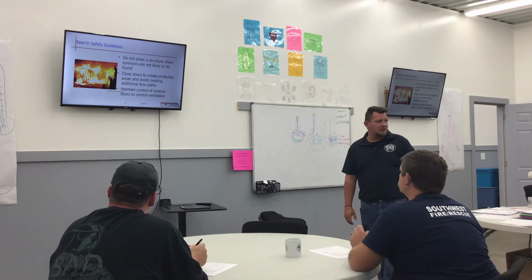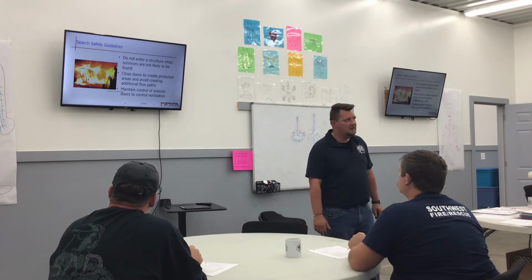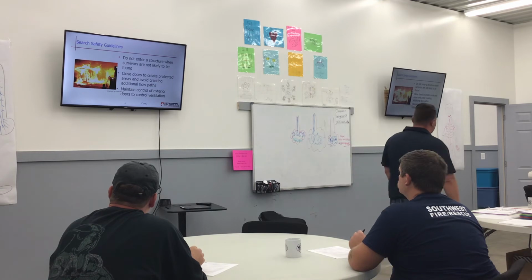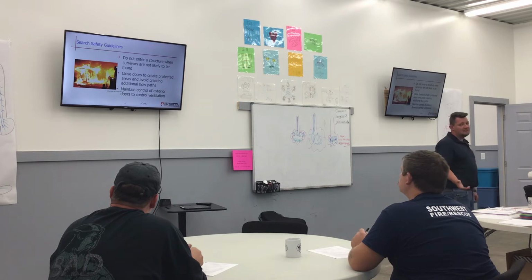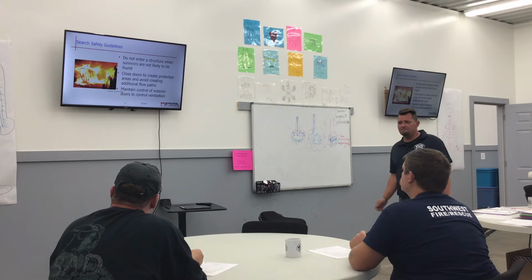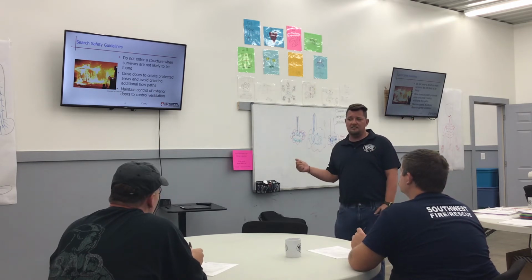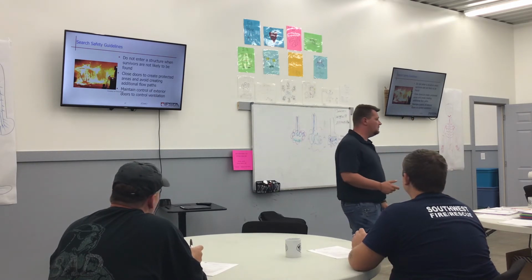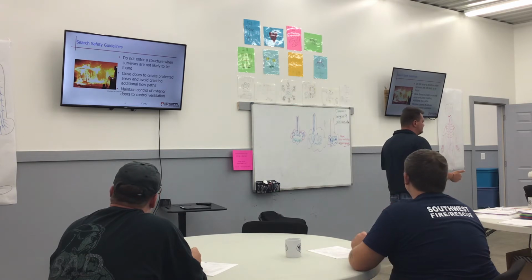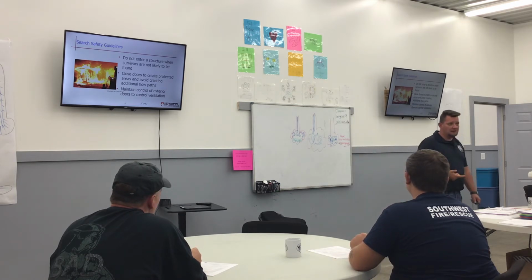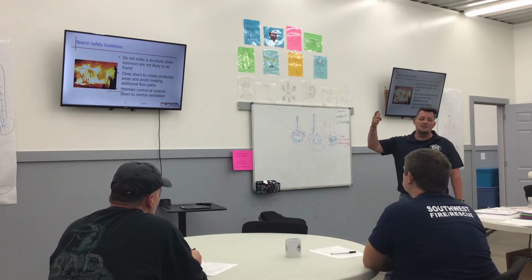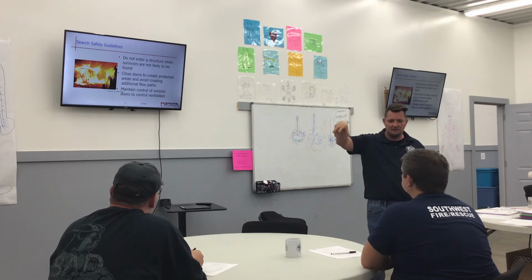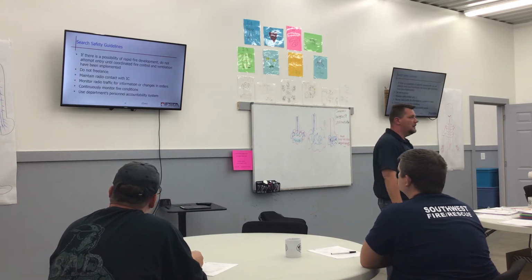Close doors to create protected areas and avoid creating any kind of additional flow path. Okay, so where smoke goes, what follows? Fire does. Maintain control of the exterior doors to control ventilation. So if we've got an attack team and a search and rescue team, who's going to be controlling the door? The attack team should be controlling the door, right? Because they are the ones who are fighting the fire, and they're more concerned with the flow path, and controlling that flow